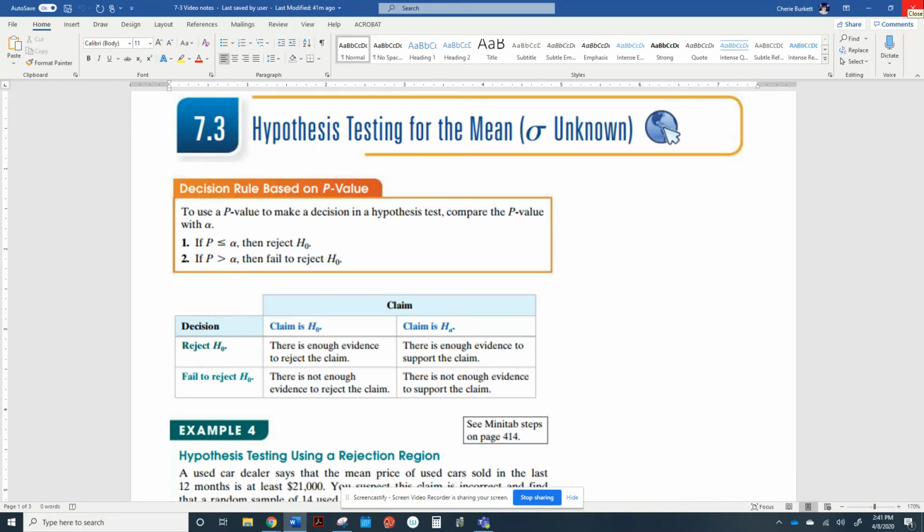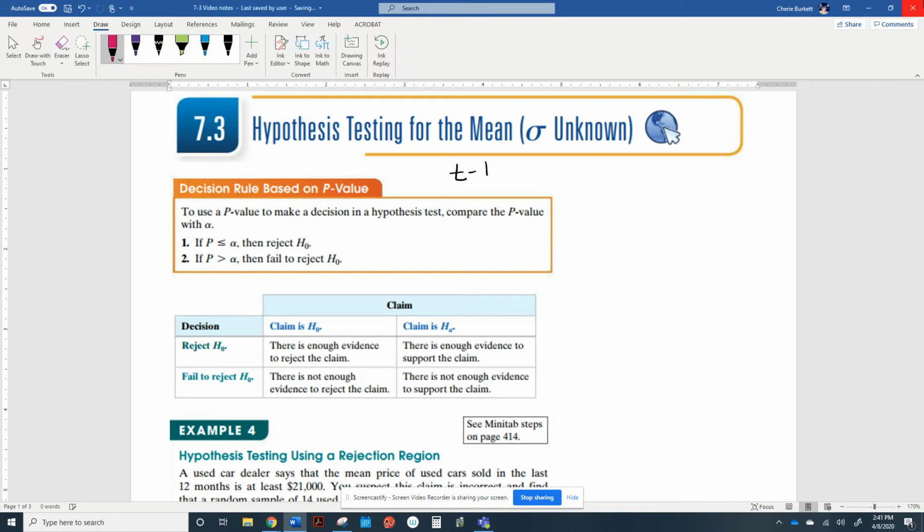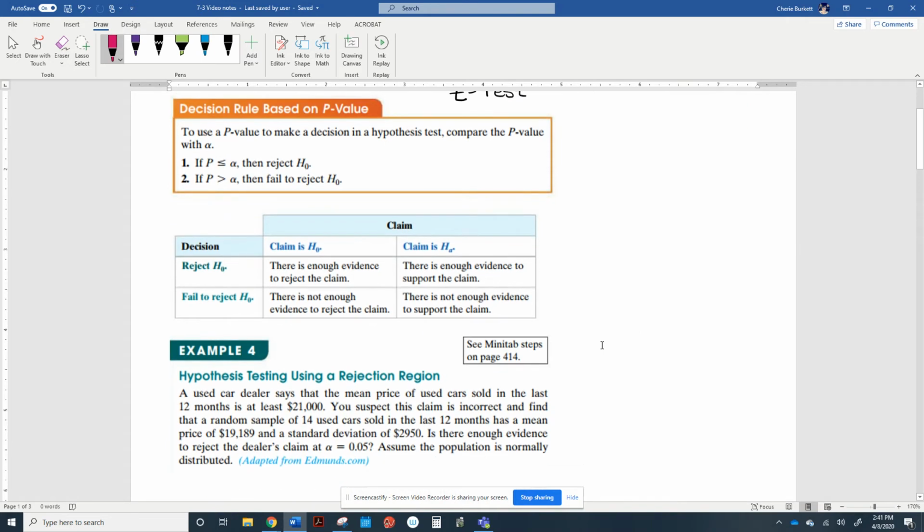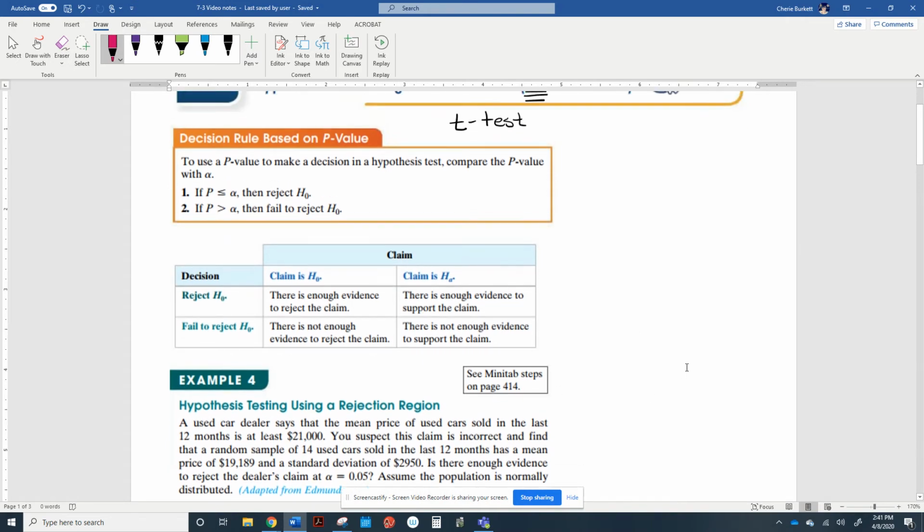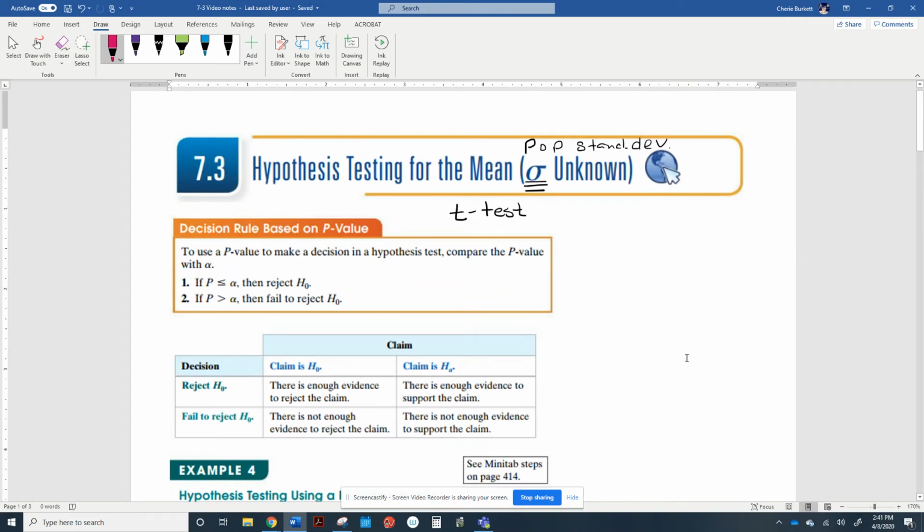7.3 is going to be a t-test. The reason that it's a t-test is because we do not know population standard deviation. Now, what they are going to probably give us is the sample standard deviation. Yes. So what you will be given,